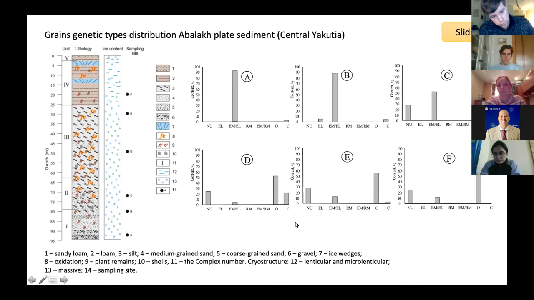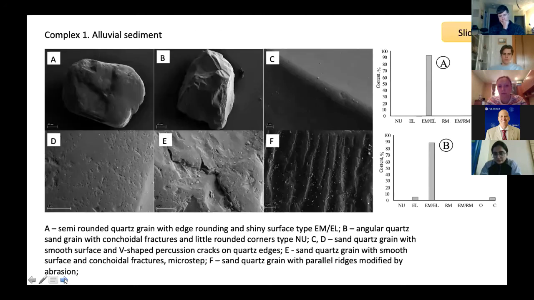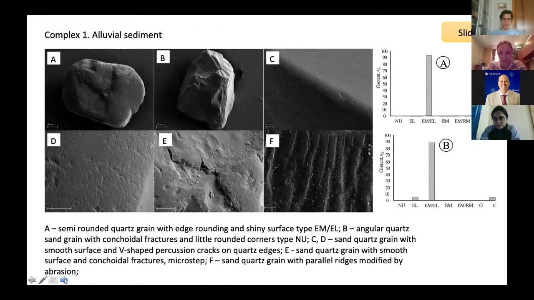Afterwards, we can make a more detailed analysis using the complex of elements on the surface. And what we can see, for example, in the complex in the lower part of the borehole